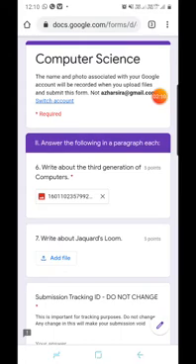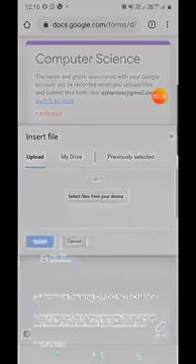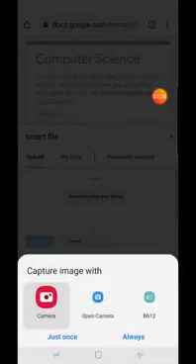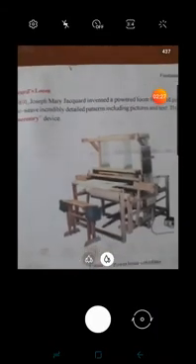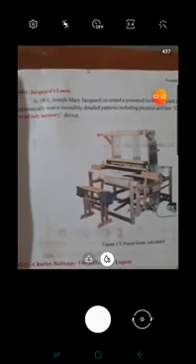and put the date above the answer and tap on the add file button. Then it will ask you to select a file from your device. Tap on that button, then tap on capture image. Then use camera, then take your written answer image here. Click on take image.